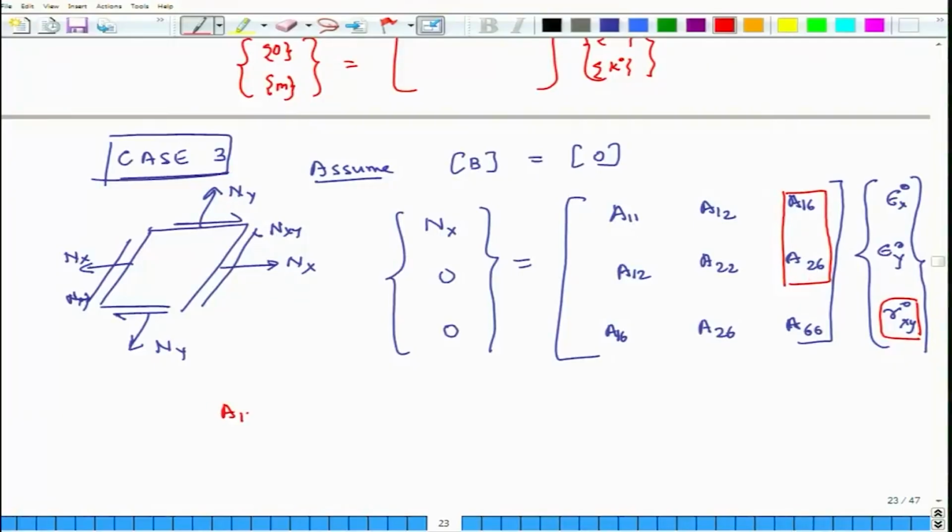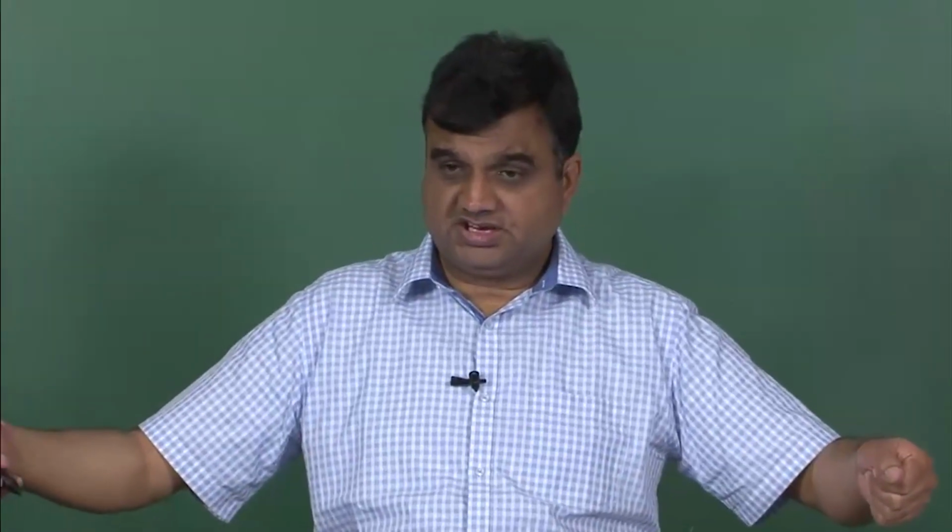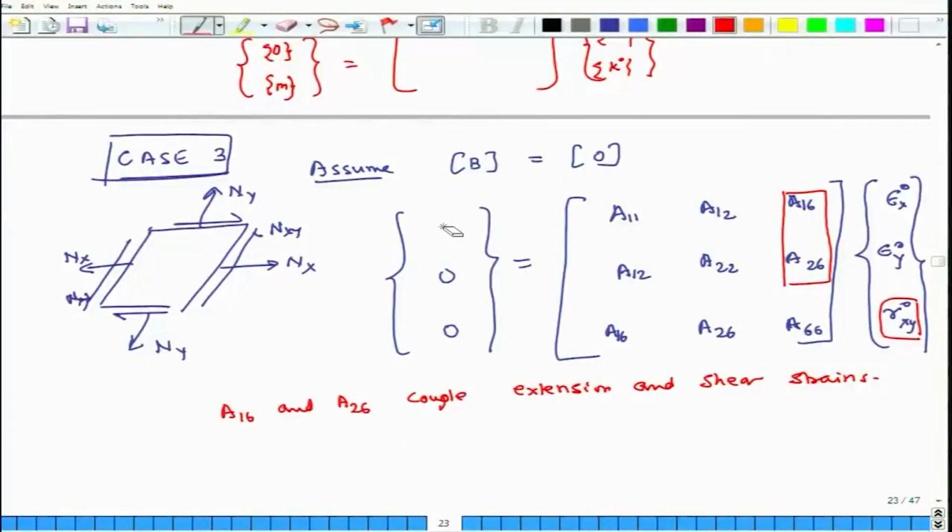So, A16 and A26 couple extension and shear strains. If A16 was 0 and A26 was 0, then if I pull it, it will only exhibit stretching and Poisson contraction, but if A16 and A26 are not 0, and if I pull it, it will also generate shear strain. Similarly, if I applied only shear stress,